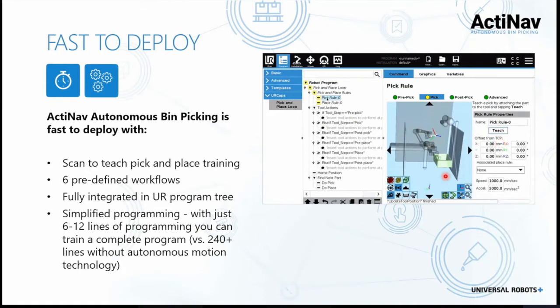teach button. The camera finds the part, you verify that it found it in the correct orientation, and you accept those values. You can, of course, modify them if you wish. If you see that the part maybe wasn't perfectly centered on the gripper when you placed it there in your hand, or maybe the camera didn't capture it, you can adjust those offsets so that it can pick it more accurately. As I mentioned before too, there are pre and post pick